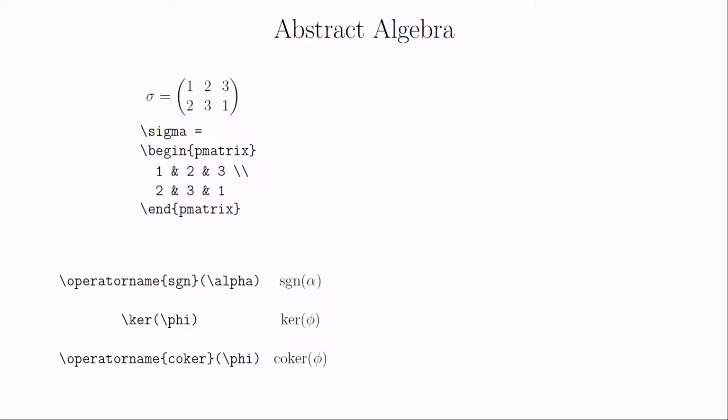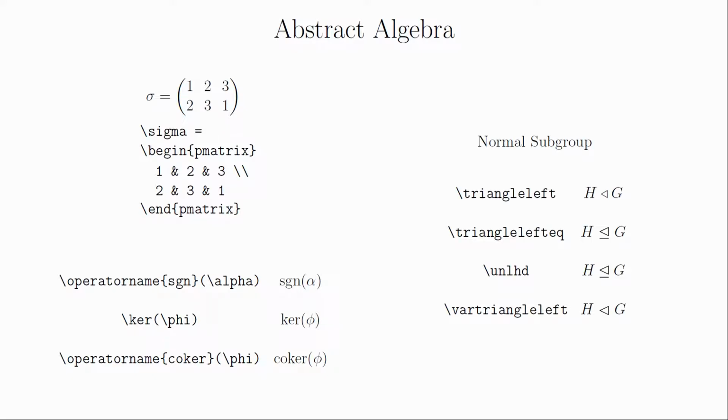There are also a lot of special functions, like signum, kernel, and cokernel, but these either already exist or you can create these using the operatorname command. Perhaps the only important new symbol is the normal subgroup symbol. There are several versions of this, and you can just pick the one that you like the best. There is a math calligraphy font that can be used for script letters. It only has capital letters for this particular font. You may also be interested in ell as a cursive letter L that looks less like the number 1.